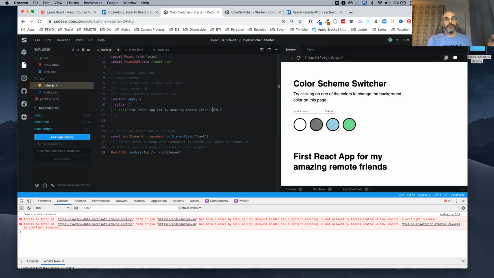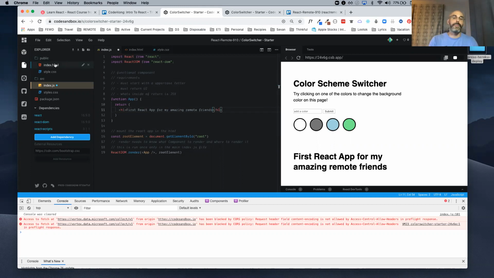But I want the other stuff, right? I want the rest of this code. So all you would have to do, and this is the fun part of creating your first React app, is take HTML that you already have and stick it in and, oh my God, this thing works. This is great.